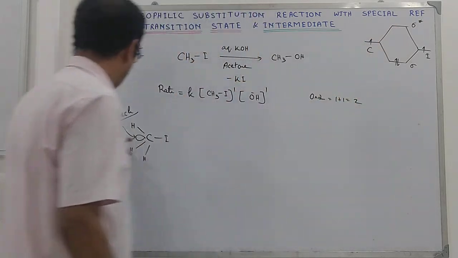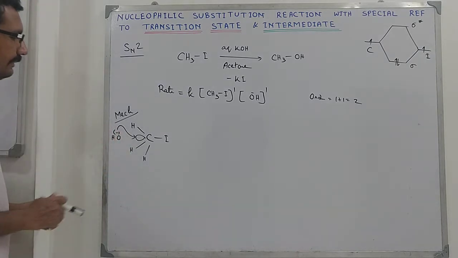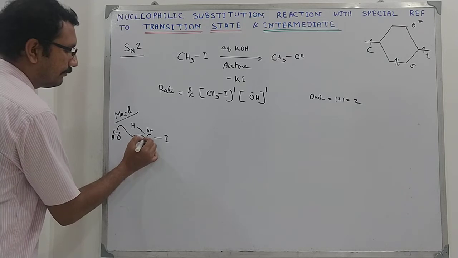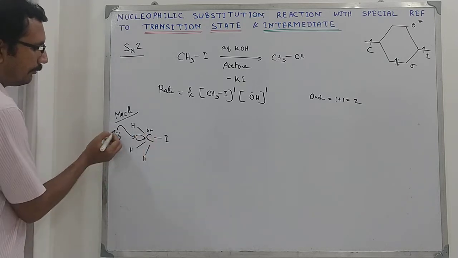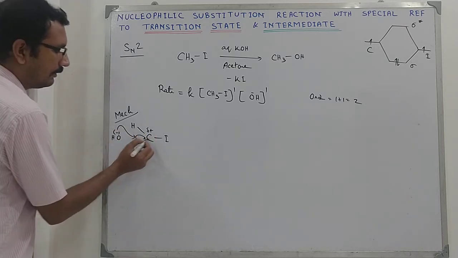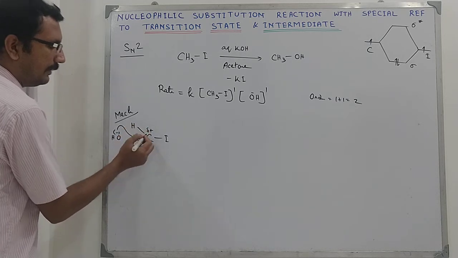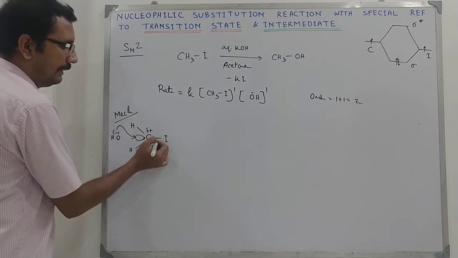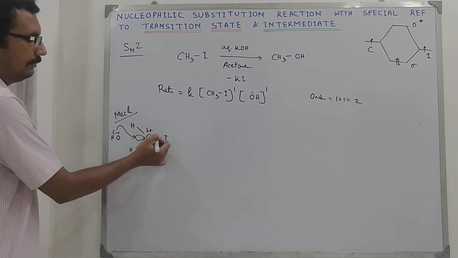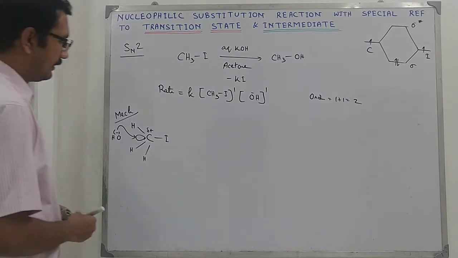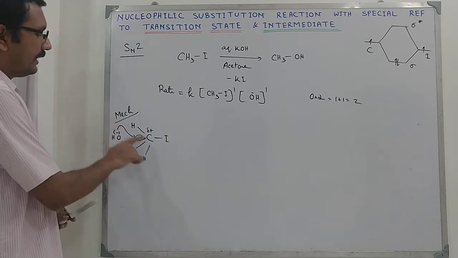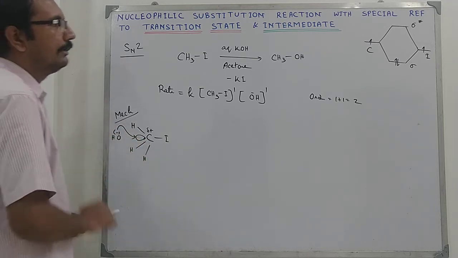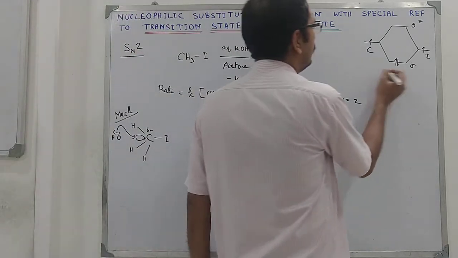So the electrophilic center lies upon this one, so the LUMO will be associated with carbon character and OH minus will attack on this electrophilic center through the backside, since the anti-bonding molecular orbital is opposite to that of the bonding molecular orbital in orientation. Now when this OH minus attacks here, it places its lone pair in this vacant orbital.